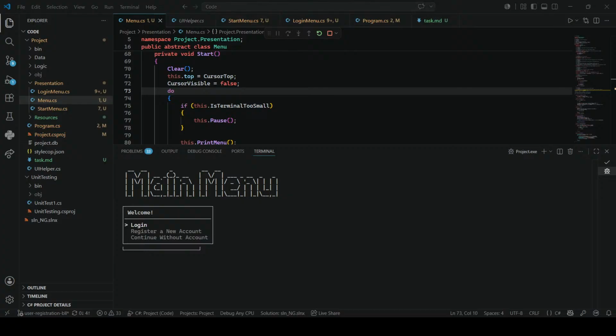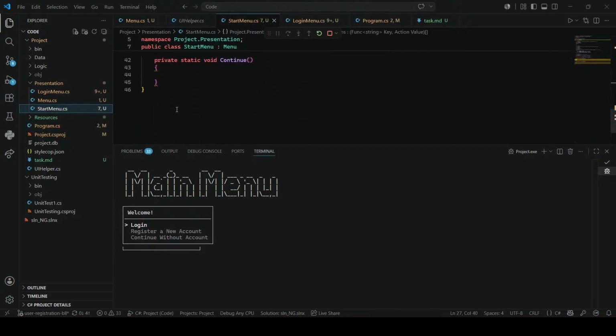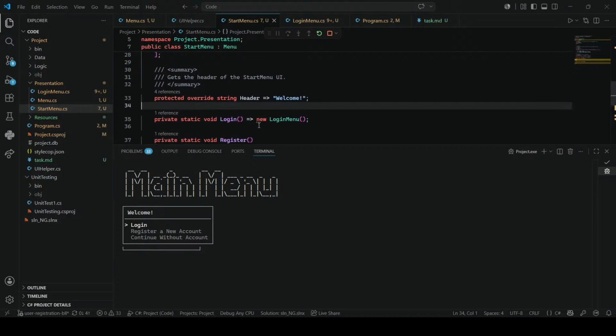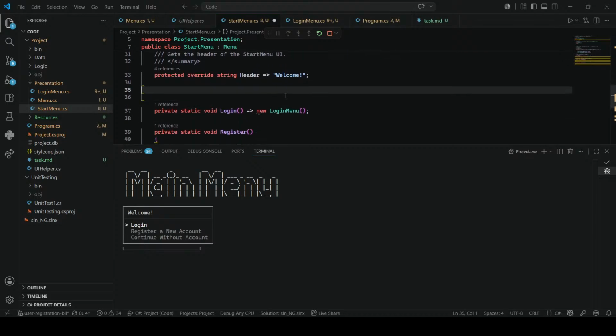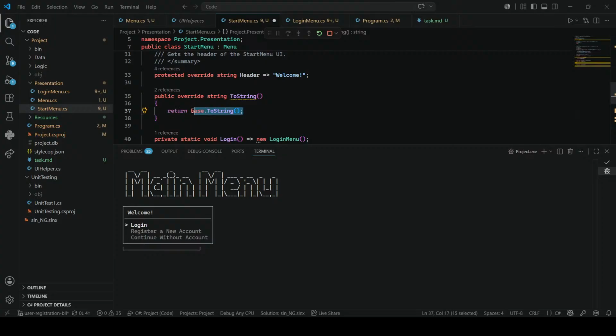Let me also just do ASCII. Alright. So if I do start menu as small, so now I can go start menu, which is going to have a public override string to string, return